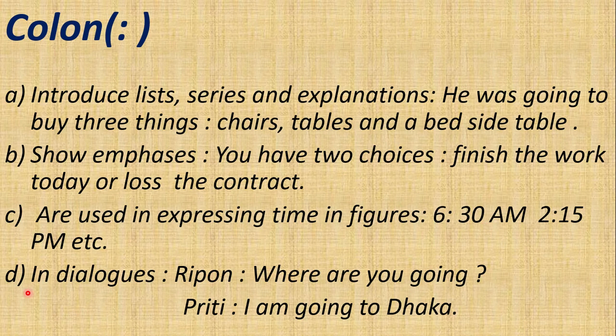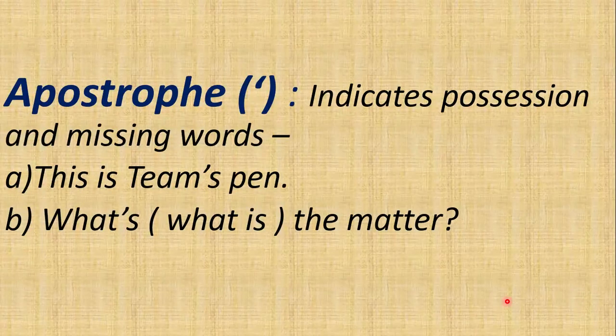Okay. In dialogues, Ripon, where are you going? We have used note of interrogation. Preeti, I am going to Dhaka. Ripon, প্রীতি, আমরা এখানে রিপন এবং প্রীতির পর আমরা কি ব্যবহার করেছি? কোলন ব্যবহার করেছি। ওকে। দেন অ্যাপোস্ট্রফি।